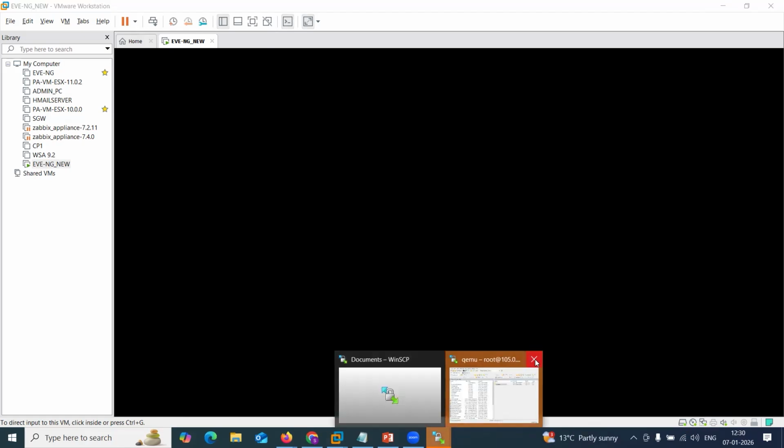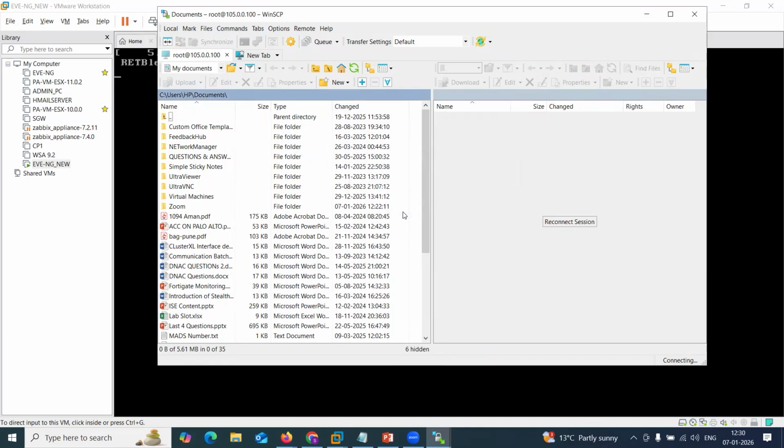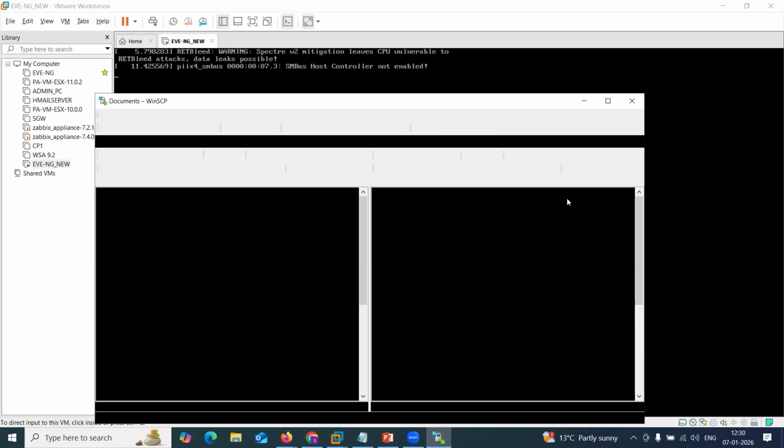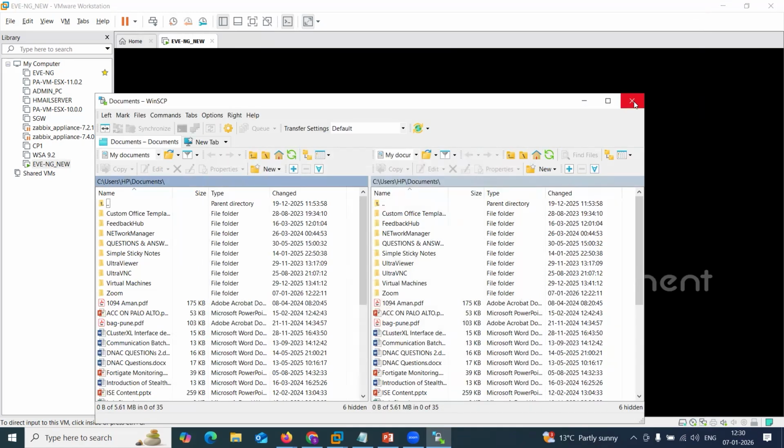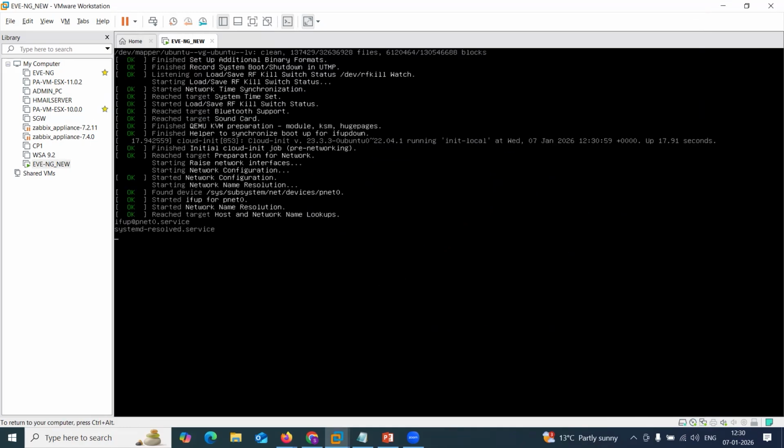And let it come up. After that, we'll see our device will start working. The work of this WinSCP is already done, guys, I'll just close it. Let EVNG come up.